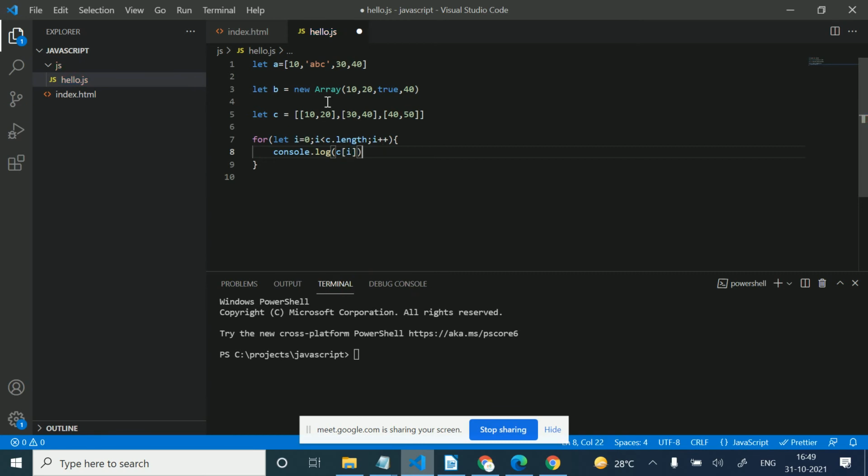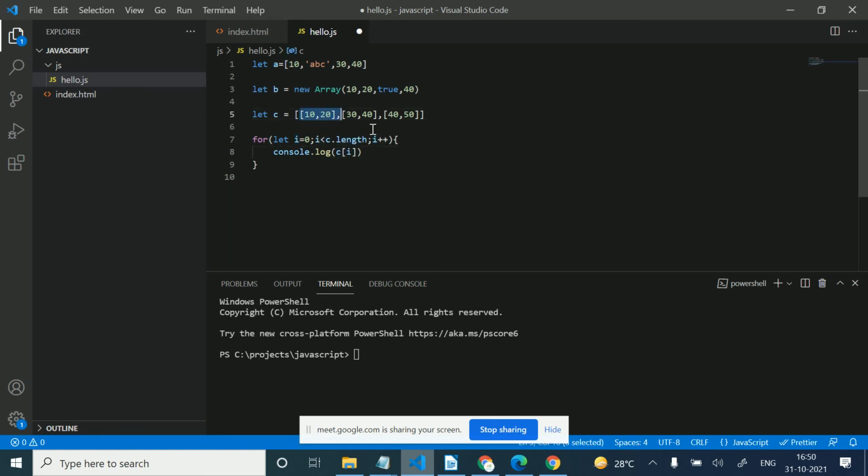Okay. In the for loop, the array length will be 3, since the indexes are 0, 1, 2. There are three elements in this array, three more arrays in this, so the length will be 3. Our iteration will start from 0 to less than 3. When i is 0 we get this array 10 20.